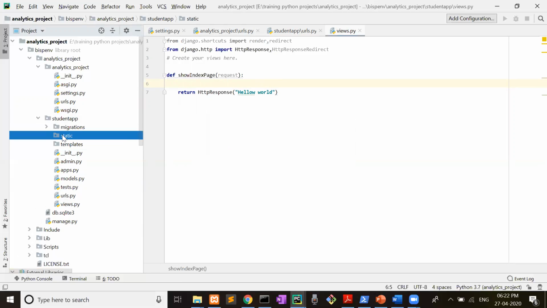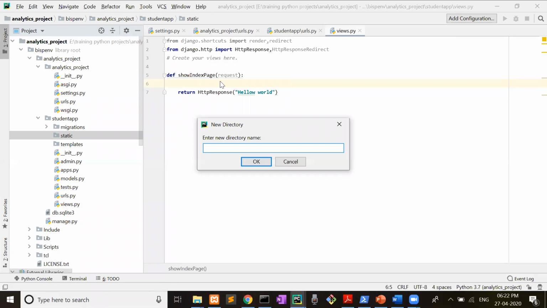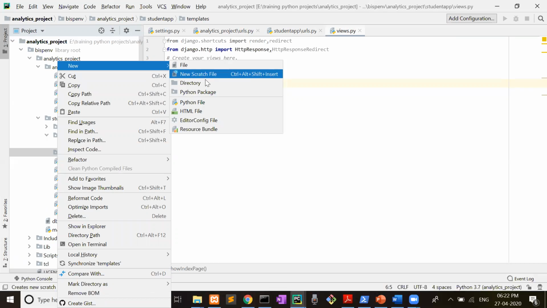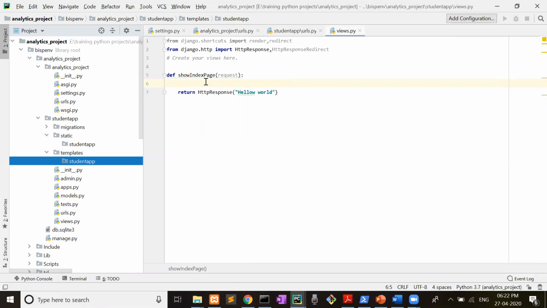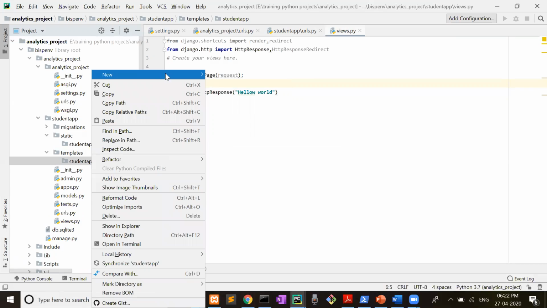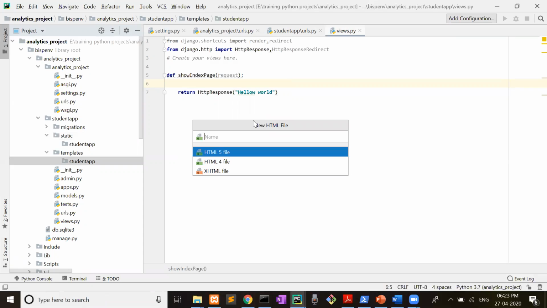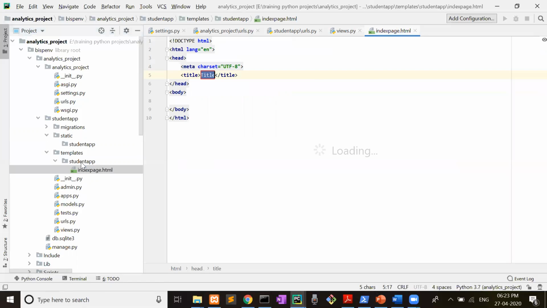And inside static another same app name directory, student app. Yes, and inside templates you need to create one more directory, student app. Yes, and inside this template you can create an HTML file, index page. I will name it as index page dot html. It will automatically take.